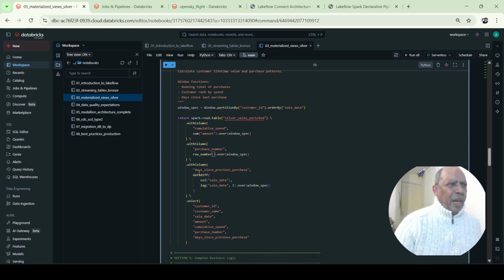So we have done the purchase number, and then again days since the previous purchase. For that we are using datediff, the difference between two dates, so you have the sale date. Now this is very interesting as well. Lag is another function which is very useful. For example, if you have a column of sales and you want the difference between